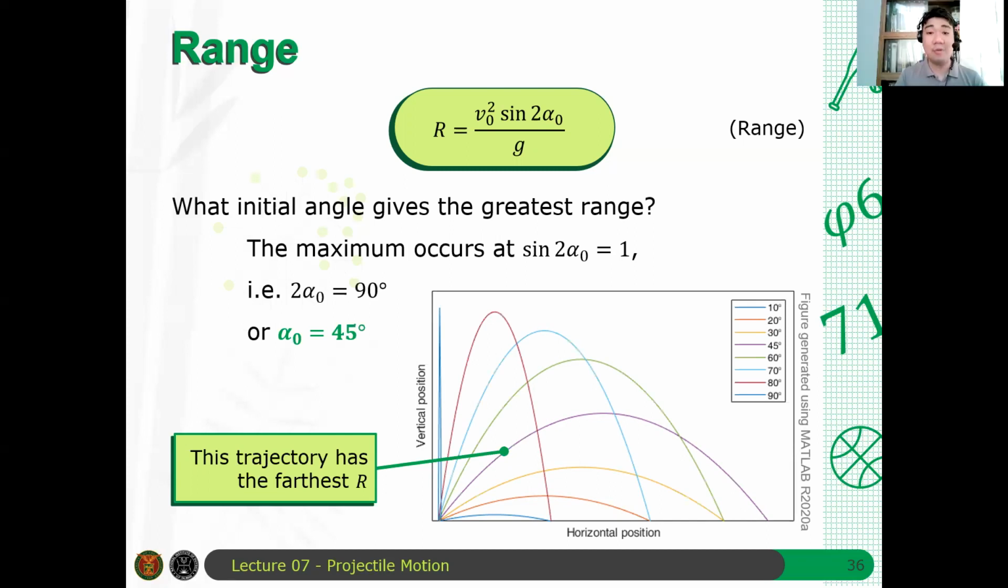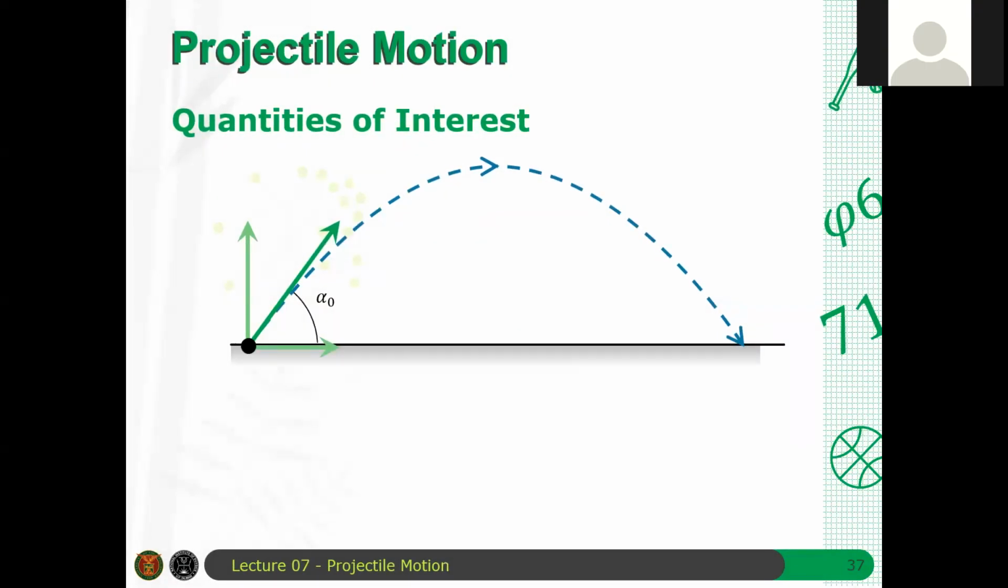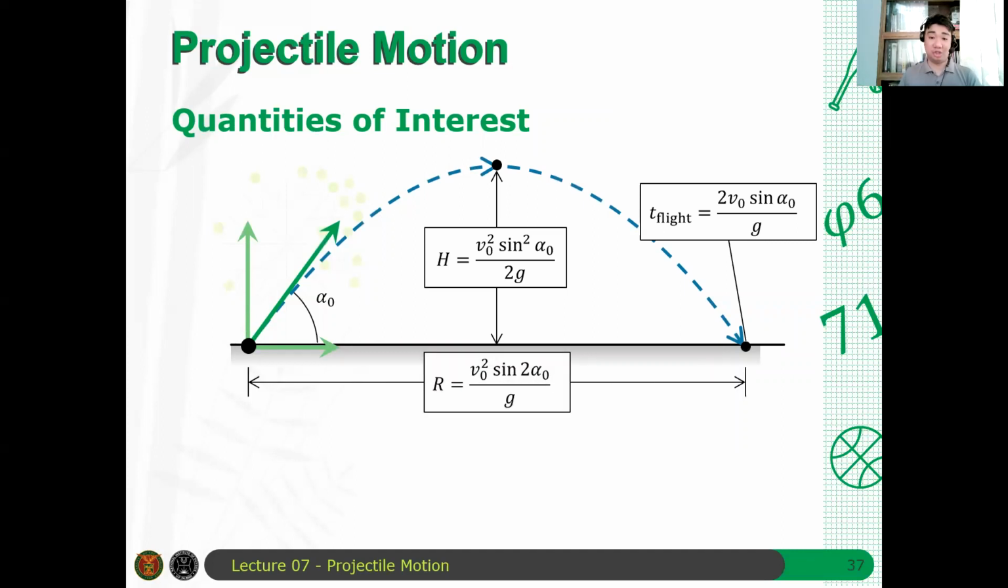No questions? Now, in summary for this topic, we have three different quantities of interest. We now have an expression for the maximum height, the total time of flight, and the total range. These are the equations that you need to familiarize yourself with if you want to solve problems in projectile motion. Are there questions? None, okay. Now,